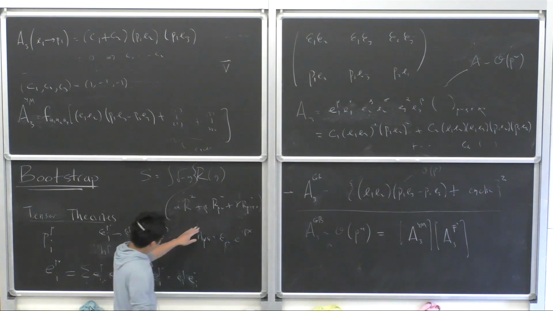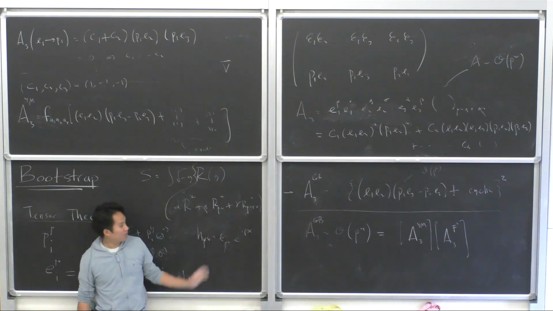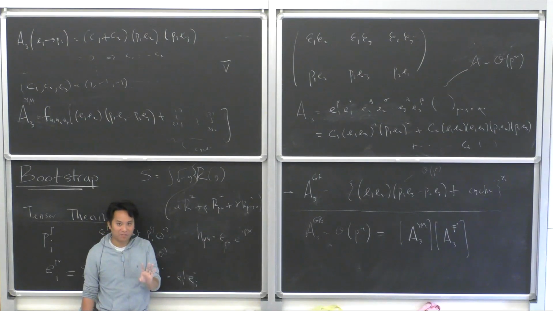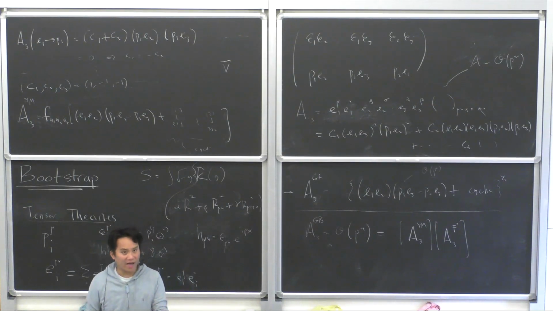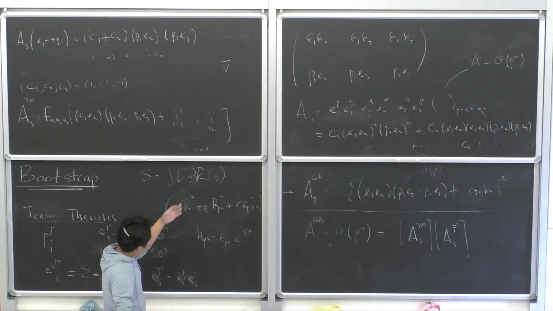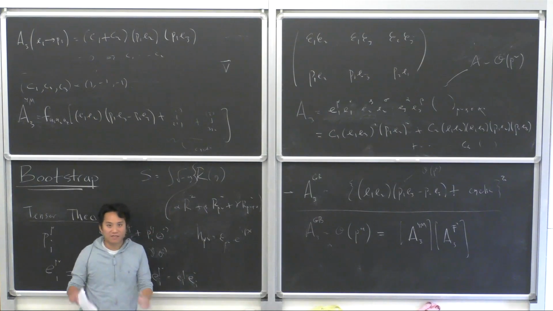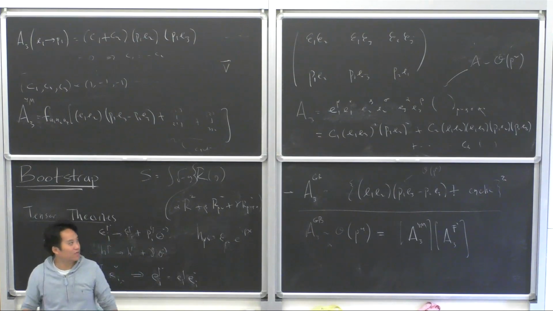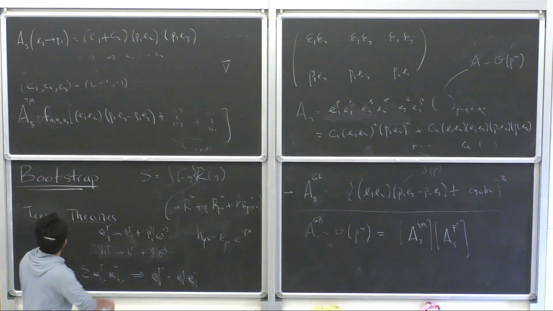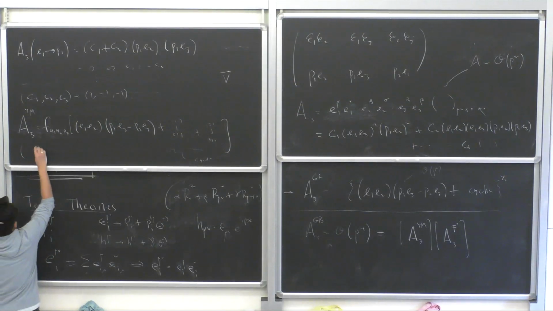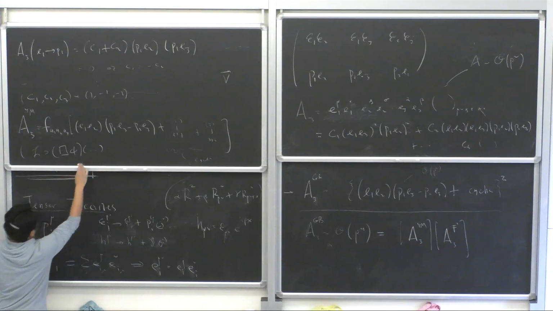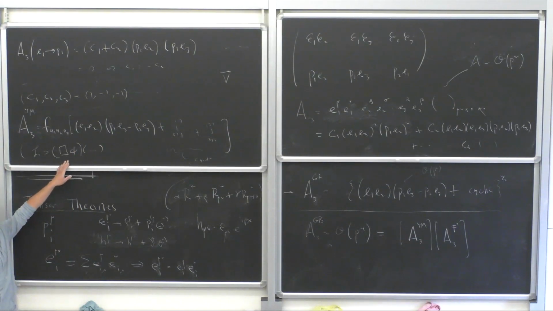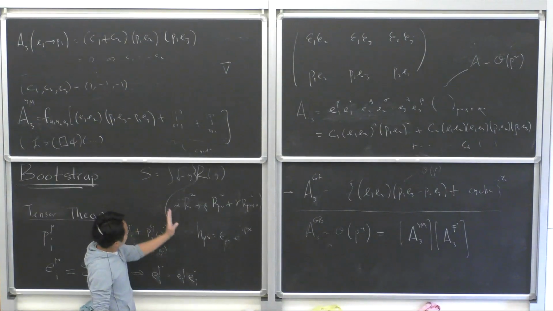Now, let's use some things we've learned in the past. I wrote this thing down, and you should immediately be reminded of something we saw in the past, which is an action which has equations of motion inside it. We saw this before for a scalar field theory. This is like a parenthetical. When we had a Lagrangian and it contained a term like box phi times a bunch of junk, we said we can eliminate this with equations of motion because box phi is an equation of motion. Well, in these higher derivative pieces,